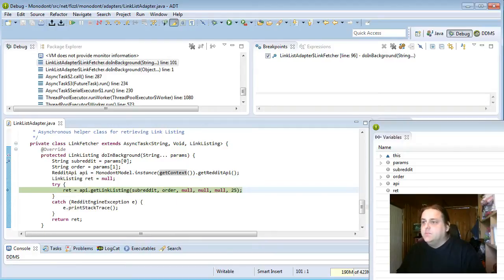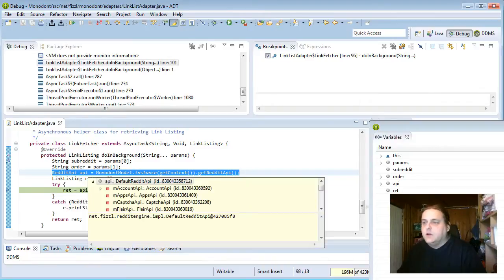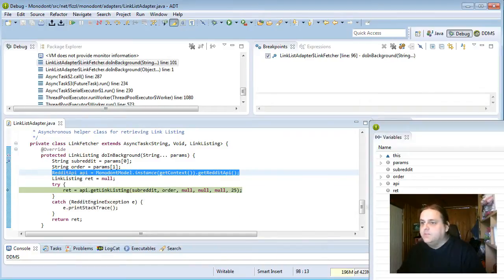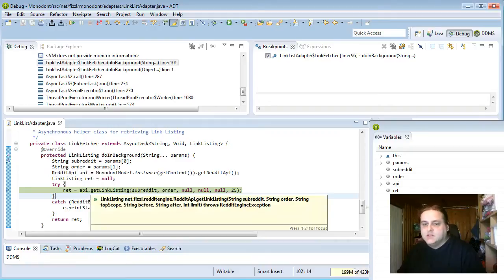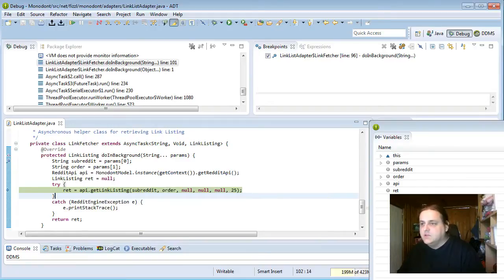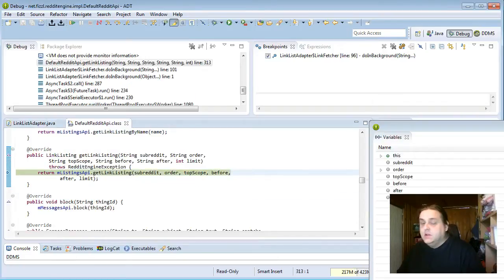And up here we just got an instance of my Reddit library, and then we are telling it to please fetch this link listing. My library is completely synchronous, so I have to do the asynchronous part in the Android app, but I think that's better design than making a huge mess of callbacks from a library. Anyway,